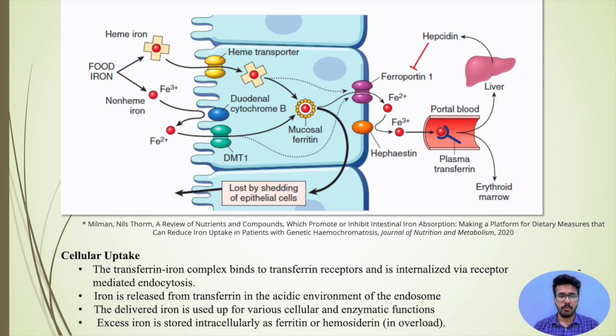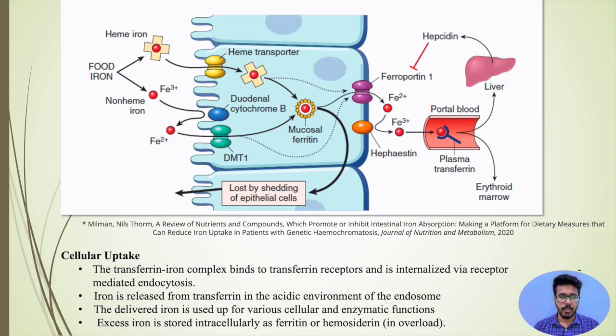The converted ferric form is further transported into the blood and is bound to plasma transferrin. The transporter ferroportin 1, which is a major transporter and plays a key role in iron absorption, is under the negative influence of hepcidin. Coming to the factors that affect the cellular uptake of iron, the transferrin-iron complex binds to transferrin receptors